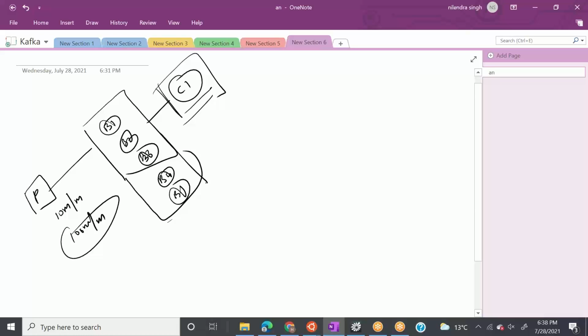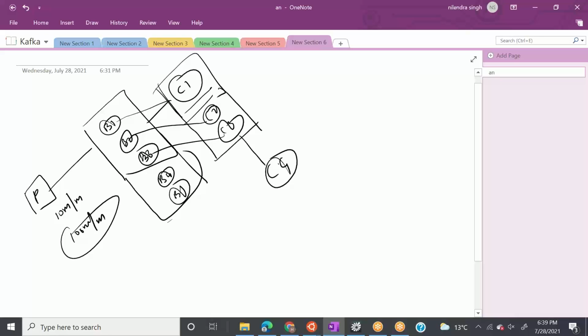If you want to increase the processing capacity of a consumer, you can add a few consumers into a group, C1, C2, C3, and call this group a consumer group. And now your C1 can read data from B1, C2 from B2, C3 from B3, in this way, right?